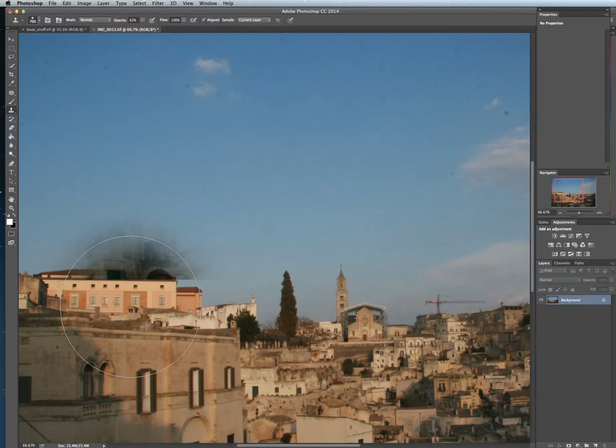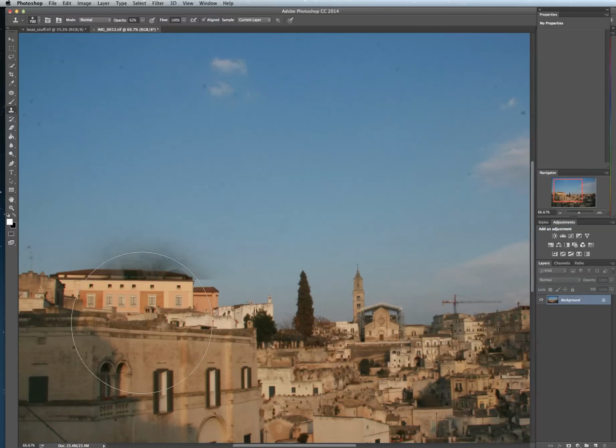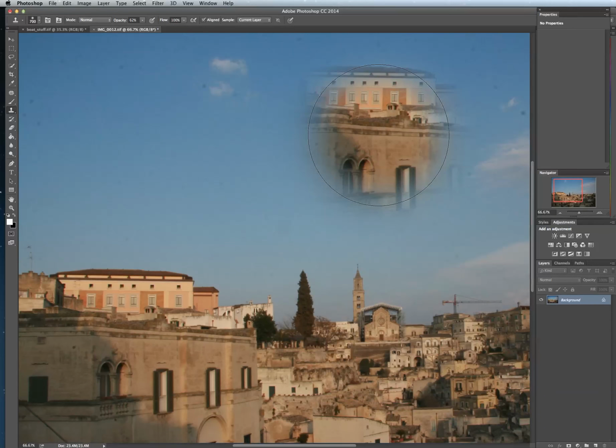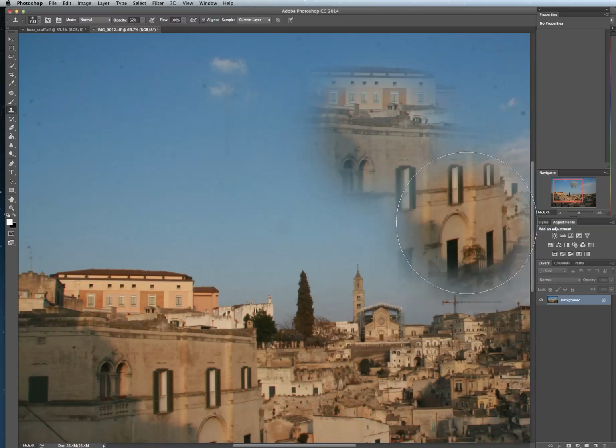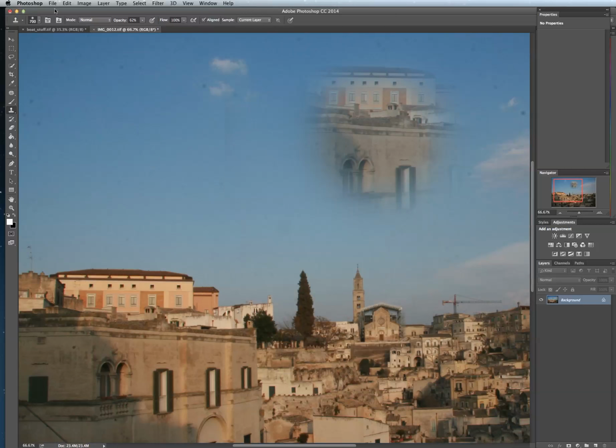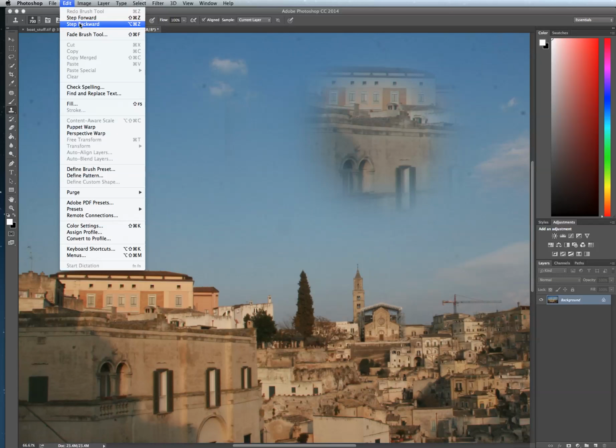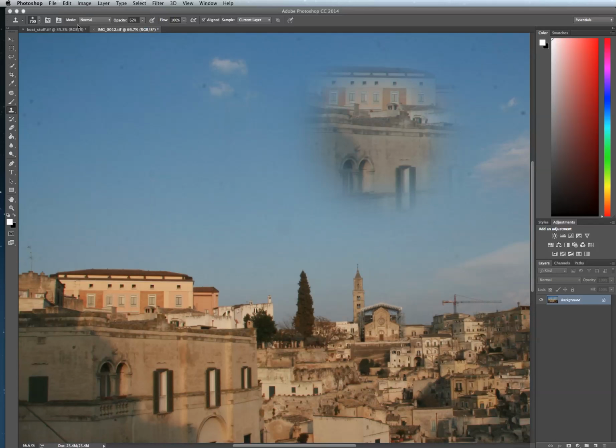The Clone tool allows us, again, to take a sample from one area and stamp it onto another area. And to take that sample, we hold the Option button down. You'll get, again, the bullseye. Click once, it takes the sample, and then move your mouse and you can apply it in another spot. And it will continue to apply that every time you click the mouse. So again, we'll go in and undo that. Now the difference between this